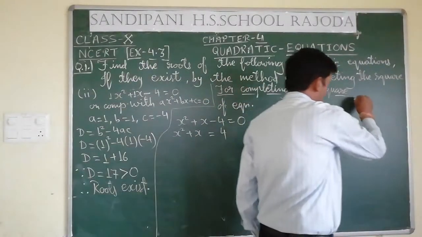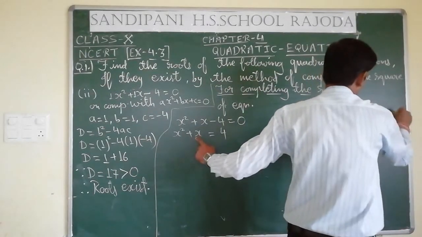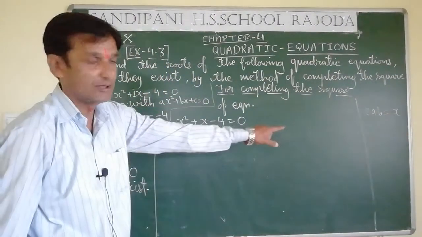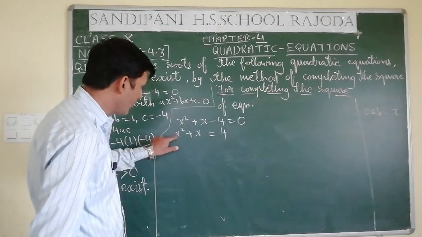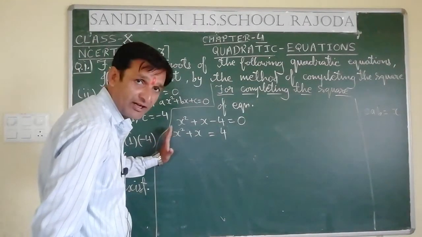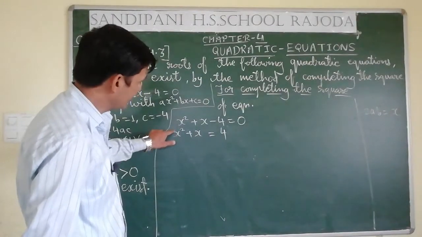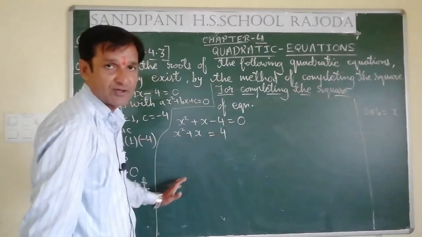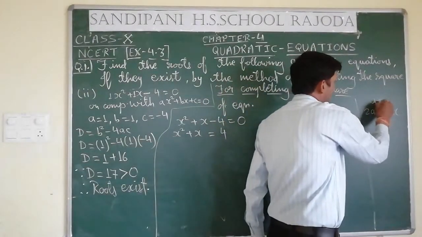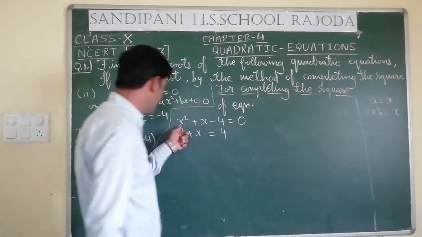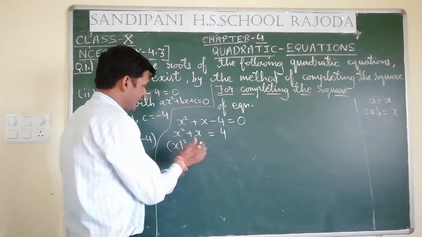Now that rough portion which is required here: 2ab is equal to x. You will always have to take the x term as 2ab and always make this part coefficient free, means if it is having a coefficient, then divide this complete equation by that coefficient. If 3 was there, then we would have to divide it by 3 first of all, and then apply that completing the square part. So 2ab is equal to x and a is equal to x already, because it is x². See, here it is x².